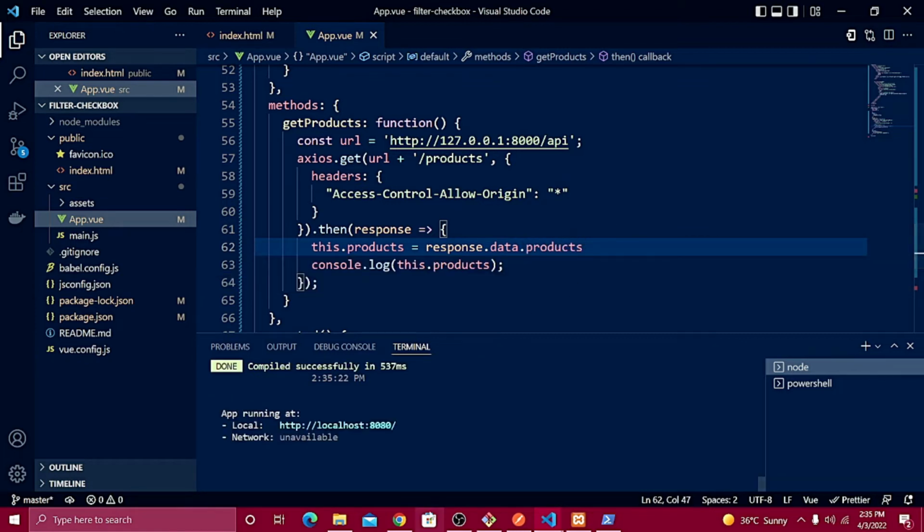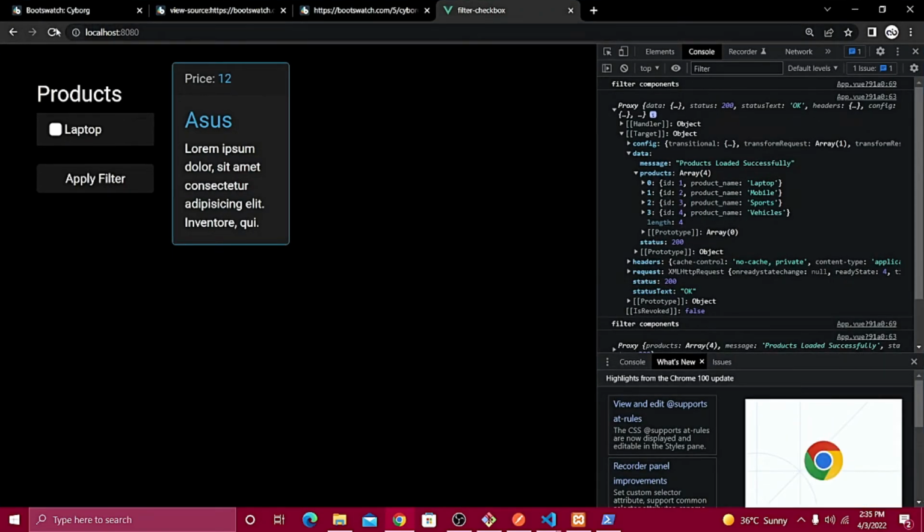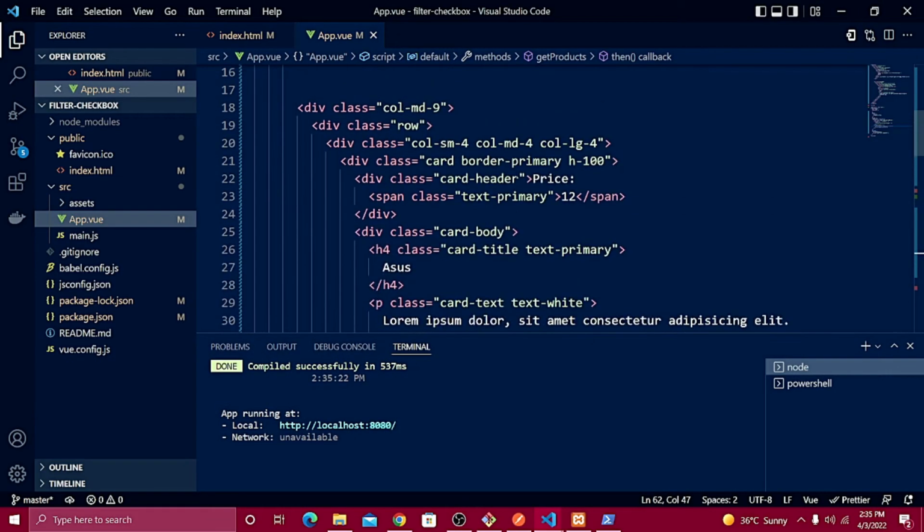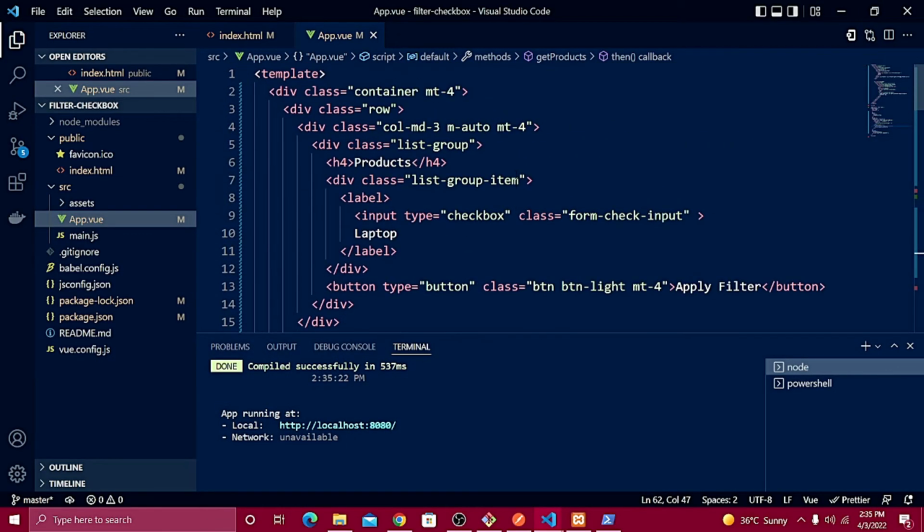Now if I show you in my browser console, you can see we are now showing all the products, right? So we have all 4 products in. Now in order to display that, all I need is, let's go right inside the products H4 heading,